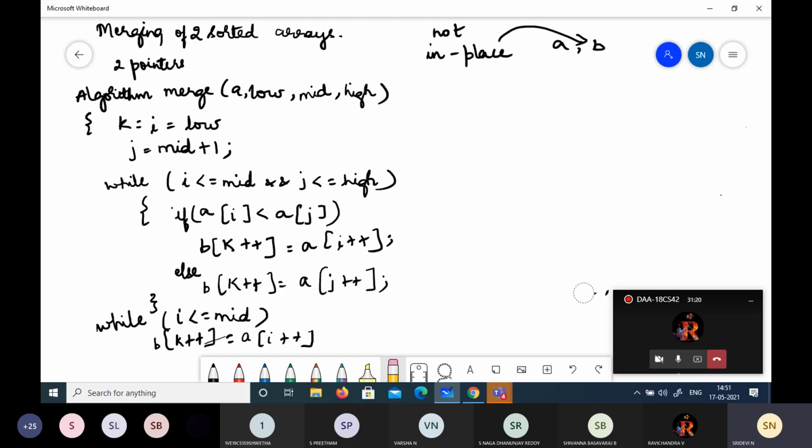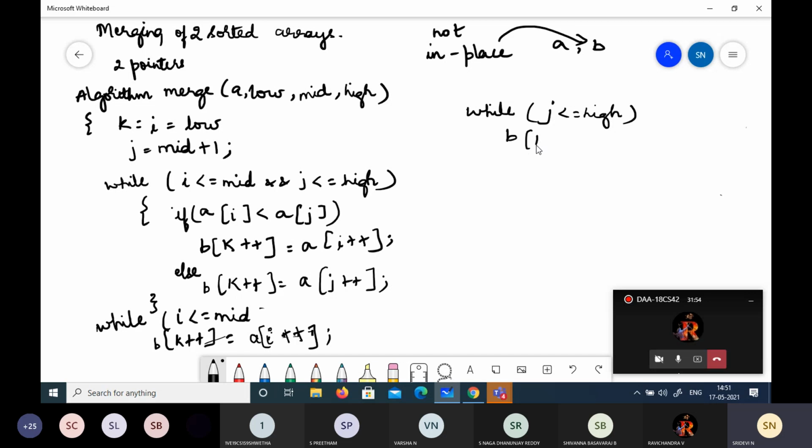On the other hand, I rub this also. On the other hand, if there are no elements in the lower half and if there are elements in the upper half, then while J is less than or equal to high, we copy.